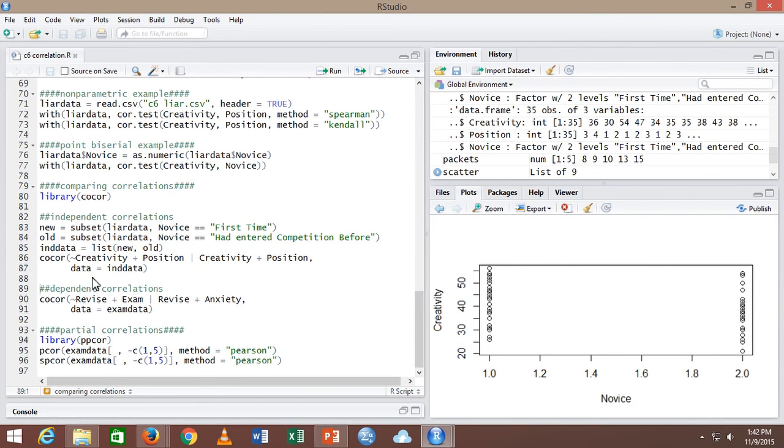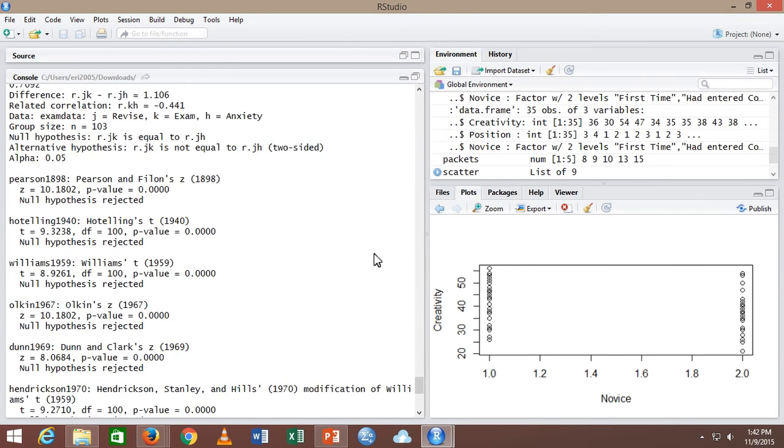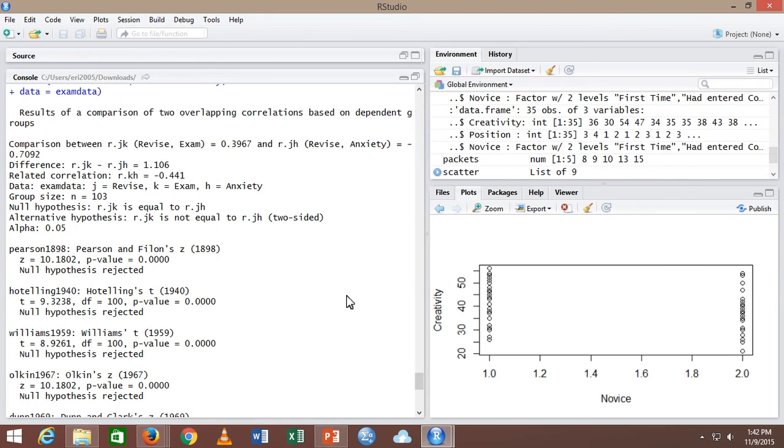So I switched here. I just did one back to the exam data because our other data set doesn't have enough variables. So I'm going to do the difference between revisions and exams and revisions and anxiety. I couldn't copy all the output because there's a lot. You can tell it which output you would like to see most, but I figured it'd be easier to see all of it, and then you would know if somebody asked you for a different one where that output was. But first thing it does is give me revision and exam, so 0.4, revision and anxiety, which is